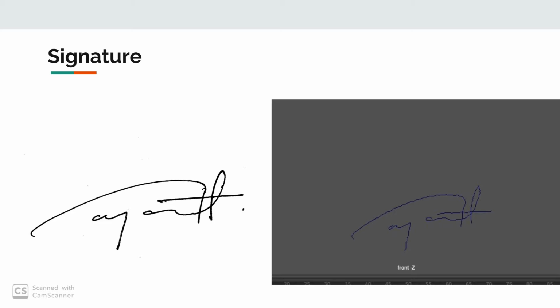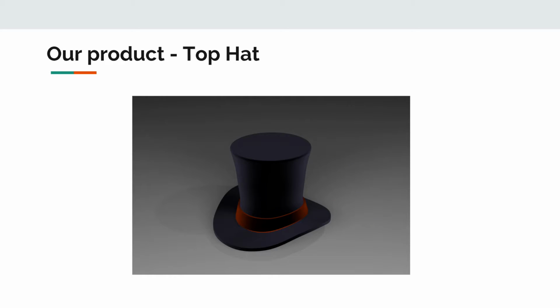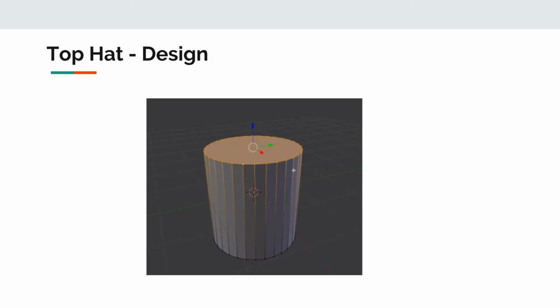So this is all about our first product, and then comes our next product, which is our top hat. We used Blender to build it. At first, let me spend some time on how we have built it. So at first, we took a cylinder, and then we